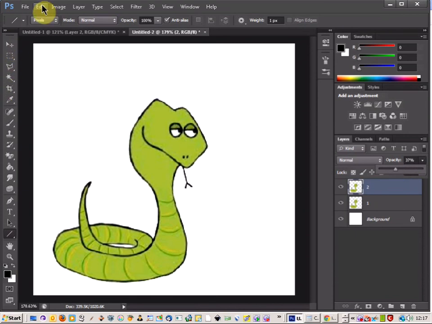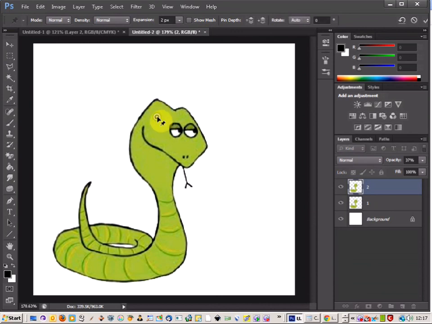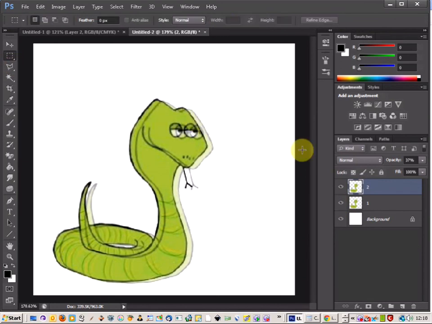and then come up to the Edit menu and select Puppet Warp, and then all you're going to do is put down one pin somewhere on your character, and that will allow you to then select over the actual pin drop and move the character so you can see where the character's sort of moving to. So I'm going to move it over to about here, just a little bit over, and that looks fine. So let's just apply that puppet warp just now,